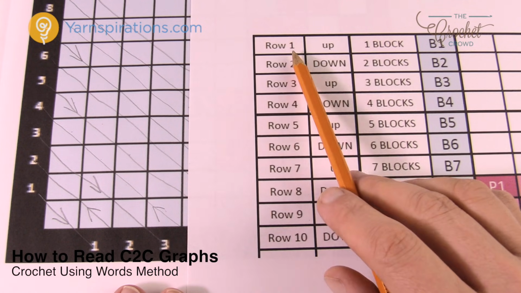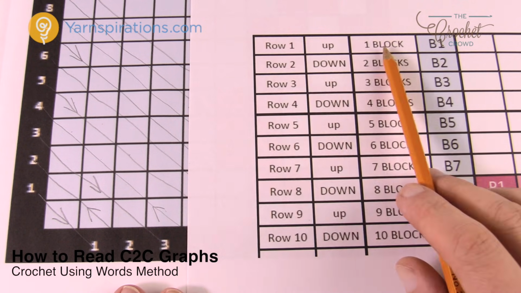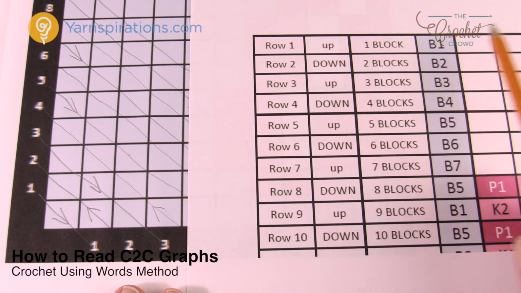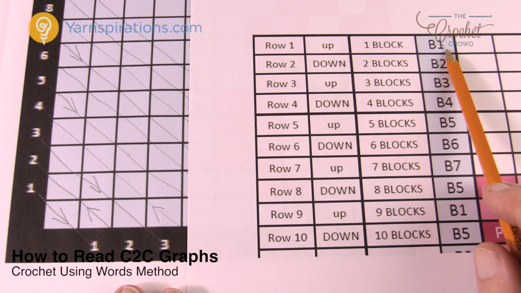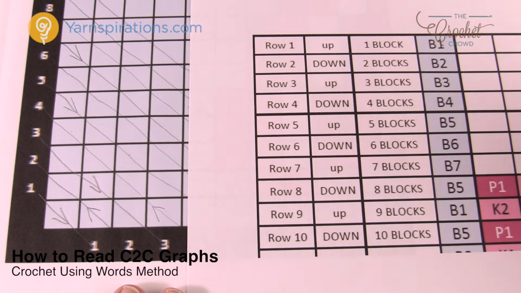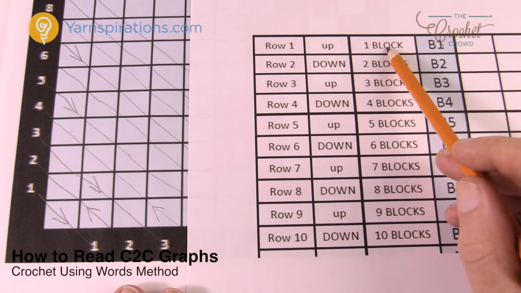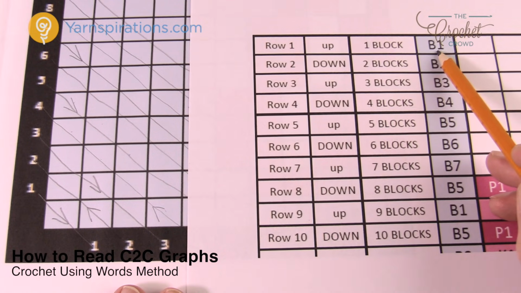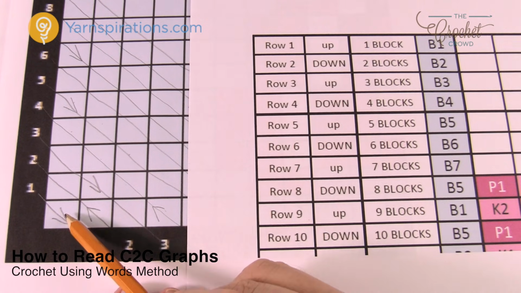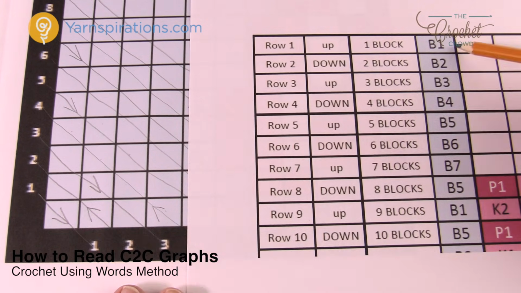So let's have, for example, we say row number 1 here, it was 1 block, which was B1. Okay, so it's telling you how many blocks the entire row was. So you can see that 1 here was just 1 block, so it says 1 block, and B is the color and 1 is the number of blocks. So there's only 1 block. So that's why it's being very detailed like that. Okay, so it says that this was going in the up motion.